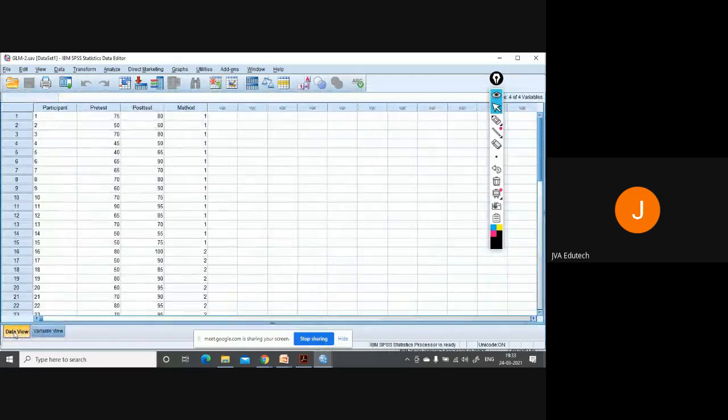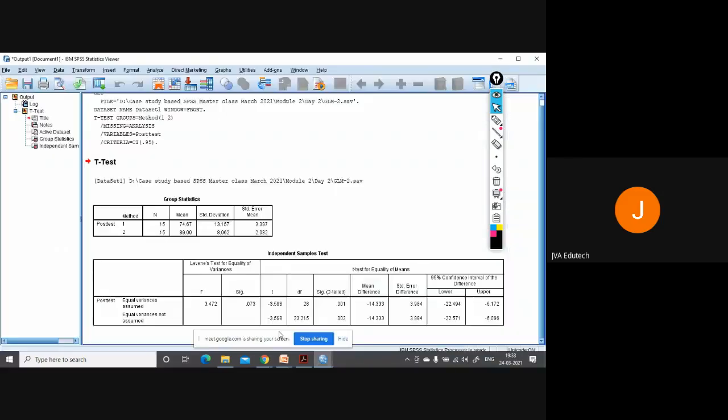So here one is the online instruction and two is the offline instruction. So when they were given online instruction, their mean score in the final exam was 74.67. When offline, the mean score was 89, and here a significant difference exists.